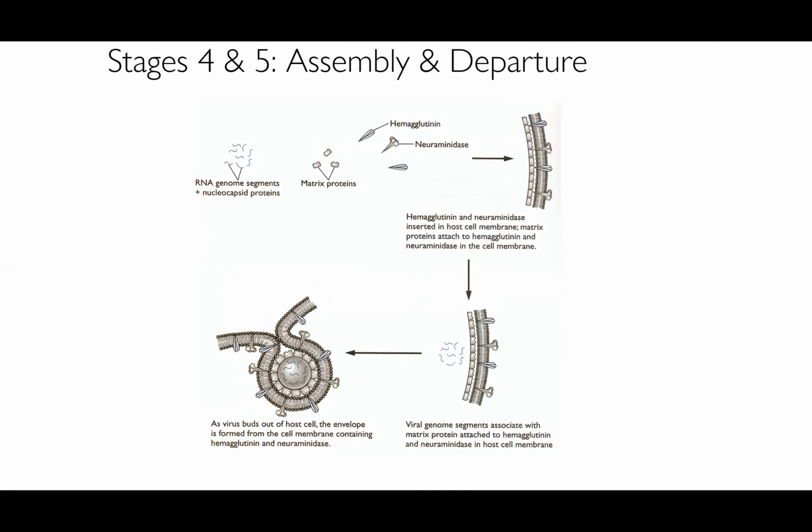process. At this point, there's one final problem. The hemagglutinin protein spikes that stick the virus to the cell in the first place still want to bind to the sialic acid residues on the mammalian cell surface. If they do, the virus would get tethered to the cell that it is trying to leave. However, we have this other protein, neuraminidase, that cleaves the bond attaching the sialic acid residues to the host cell